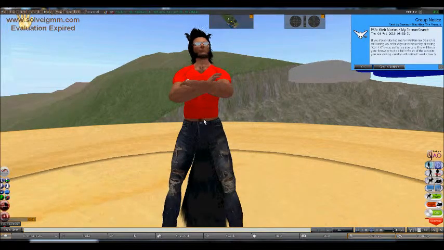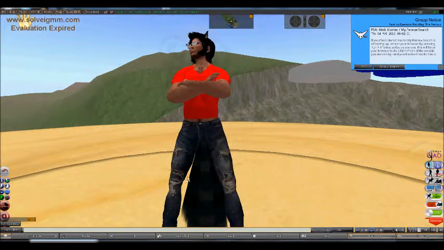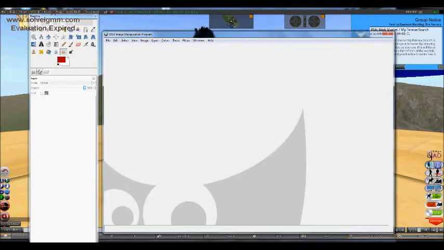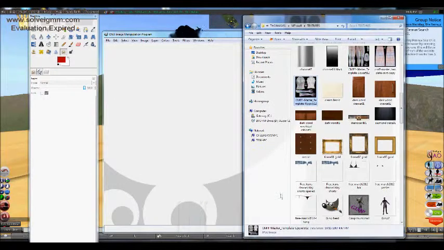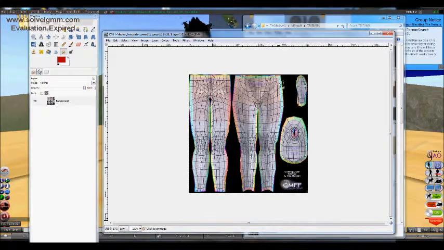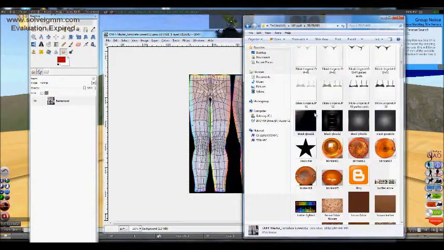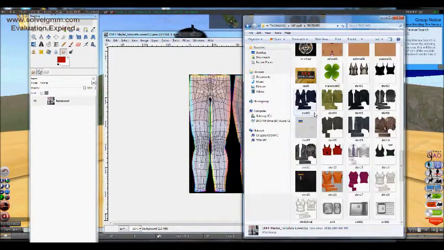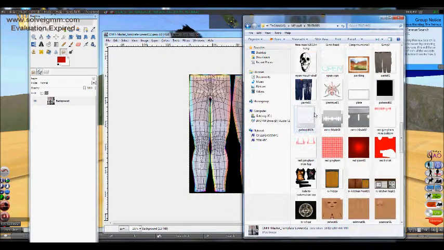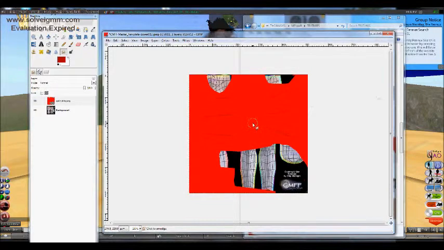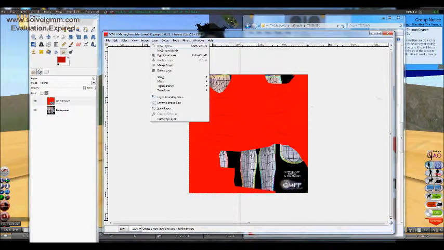So now we got this little midriff thing going on. So to fix that, what we're going to do is go back to Gimp. We're going to go into our bottoms layers, and then we're going to go to our red shirt and just layer that over. Now we're going to hit layer, make a new layer,